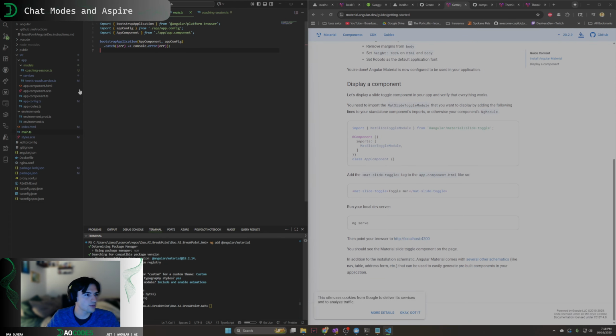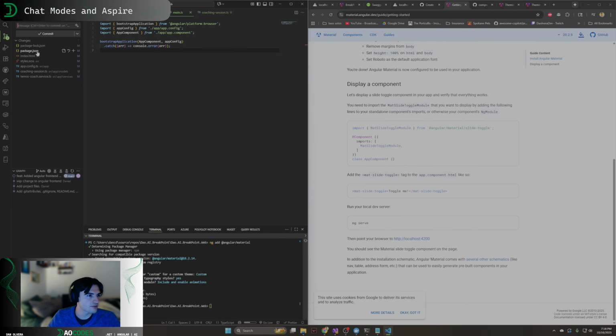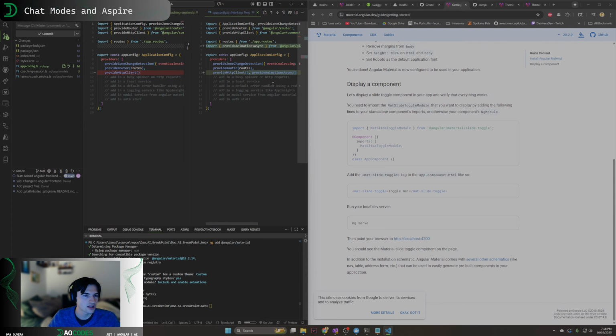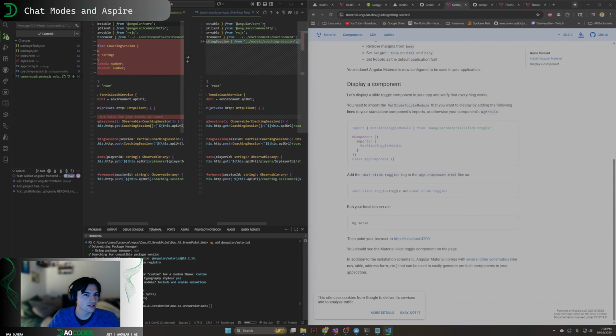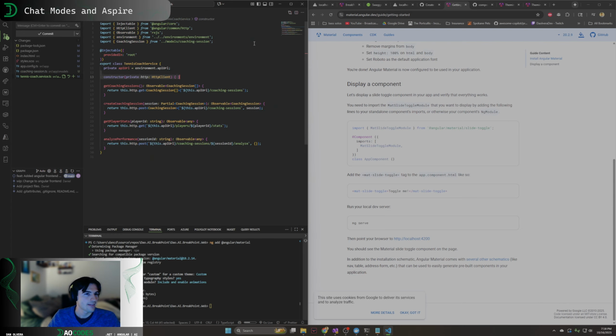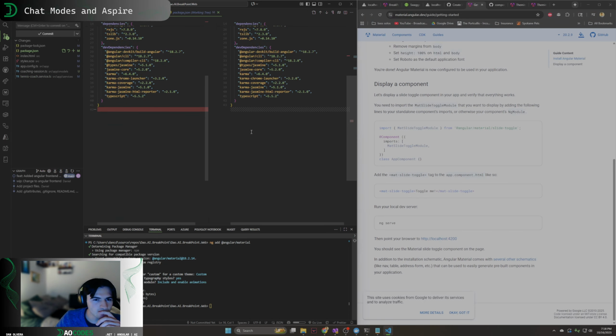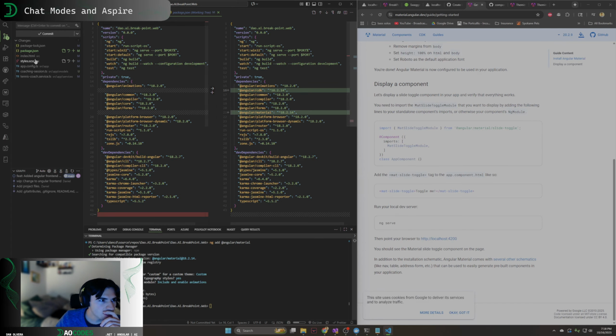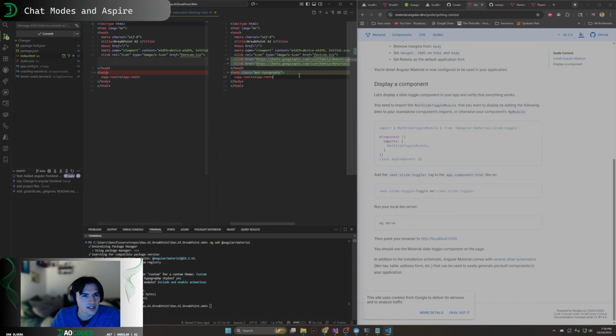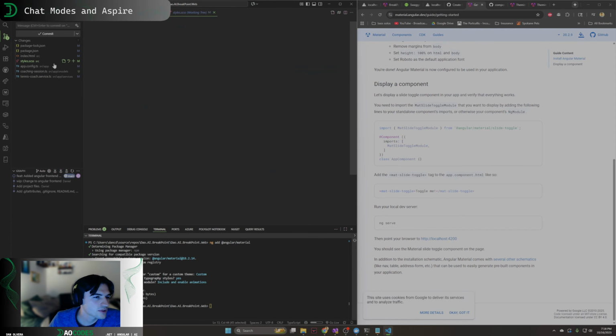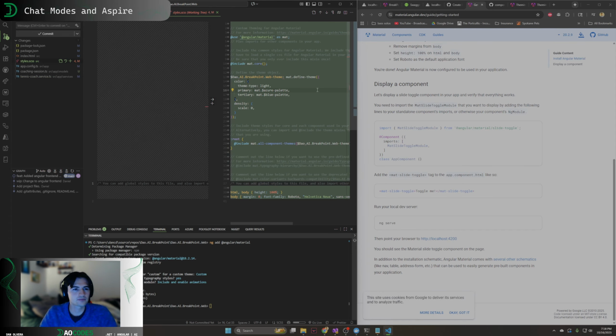Okay. So now what files did we get here? We have package lock, we have a coaching system. This is all there. Provide animations async. Cool. Let's just go a little bit more that way. Package JSON, CDK, nothing crazy. Index HTML. So we have the Roboto and we have Angular material. That's great. What else do we even have? So we have to define the theme. So the primary